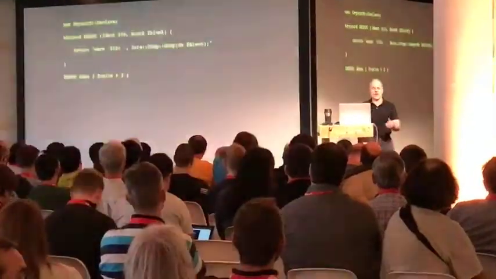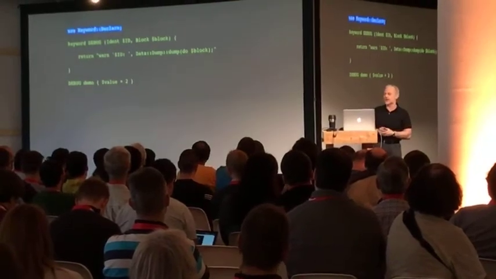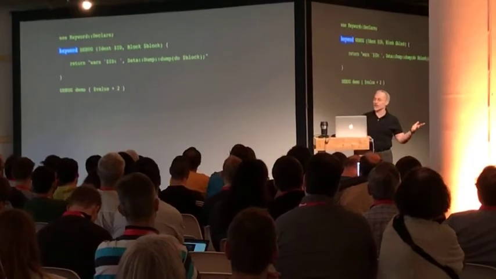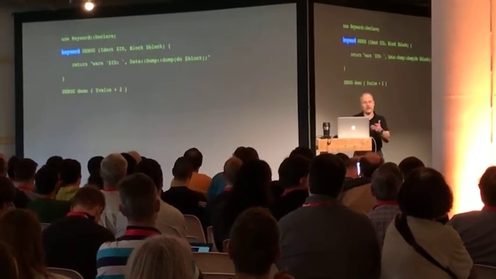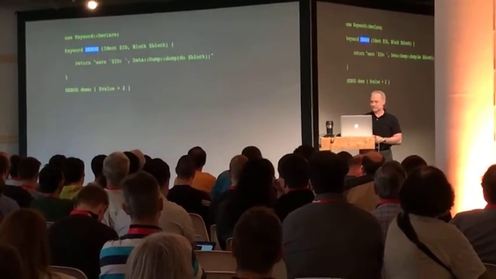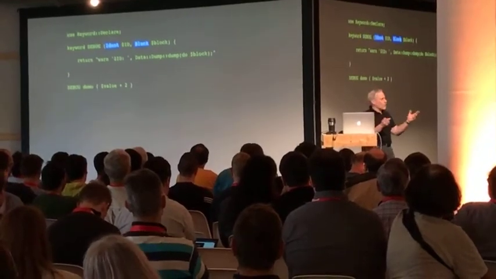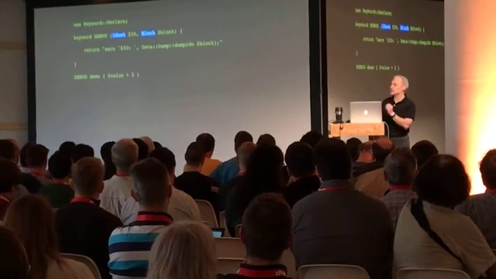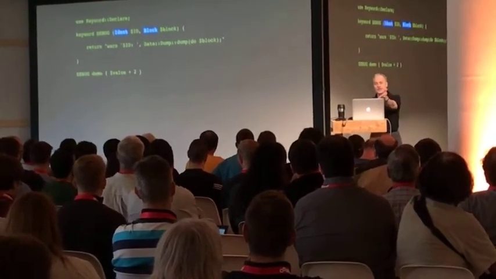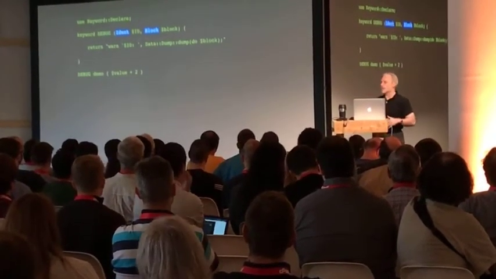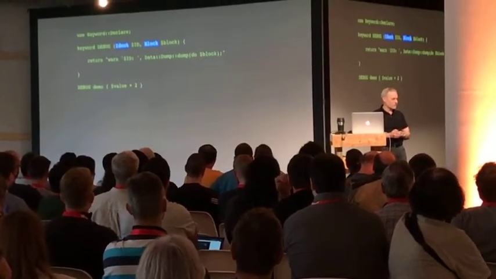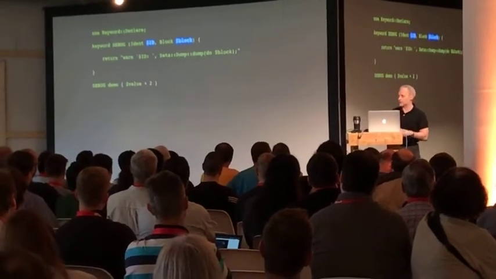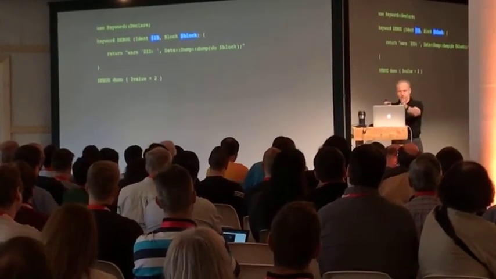And the way it works is more or less like this. You use keyword declare and you get a keyword keyword. And you say, I'm going to use this to declare a new keyword. In this case, I'm going to create one called debug. And then you give it a parameter list with types, and those types tell it what to look for next. So debug is going to take an identifier followed by a block. And when it takes that and matches that, it's going to put those pieces of the source code into 2